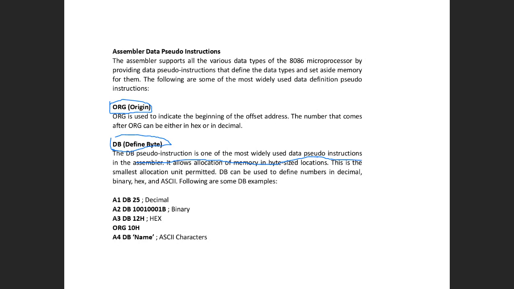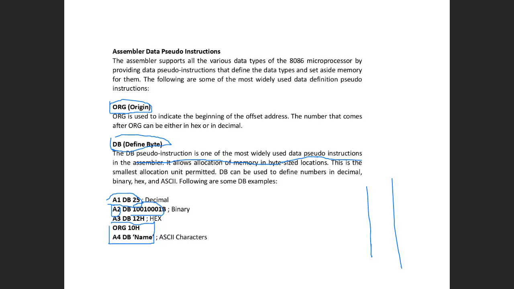For example, A1 DB 25. That means 25 is a decimal number. So the decimal number 25 is assigned to a variable that is saved in the memory with the name A1. Okay. 25 is a decimal number, but if we write A2 DB 10001 and then B, that means this is a binary number. This binary 8-bit number is assigned to A2. And A3 DB 12H means it's a hexadecimal number. And if we write ORG, it means that